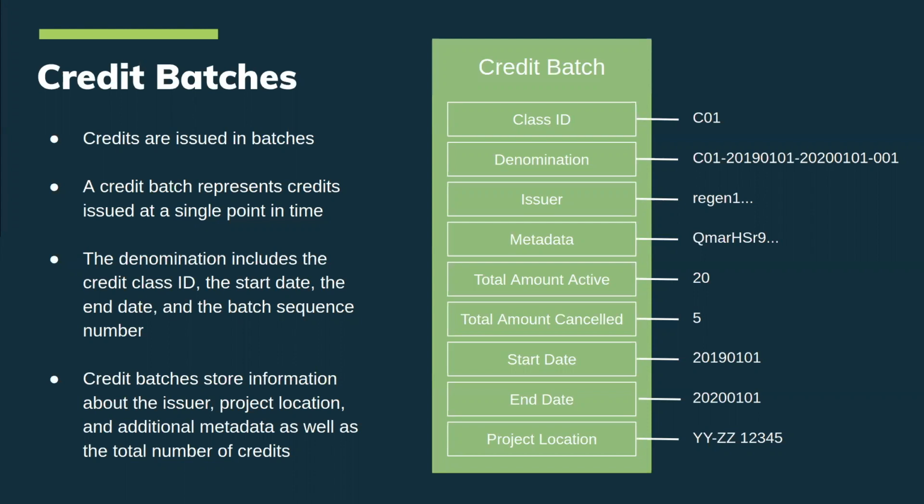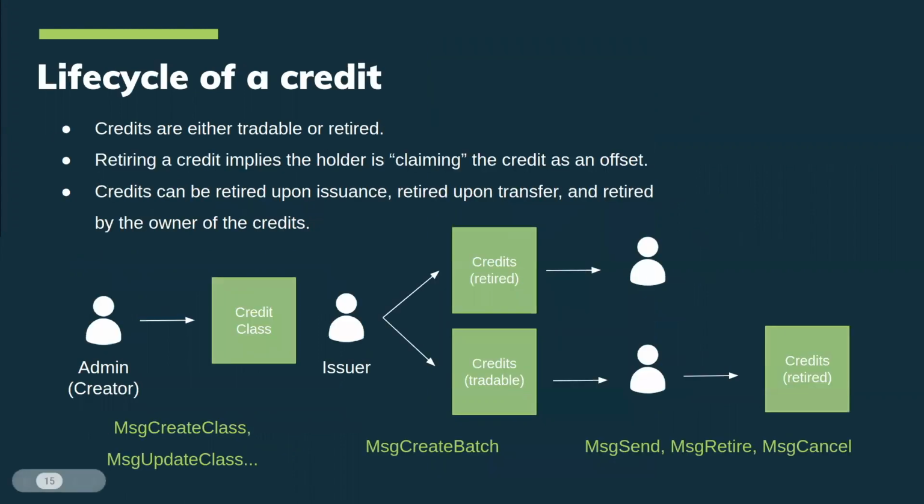So I'll just move on to the next one. Life cycle of a credit. Okay, so as Corey mentioned in the first part, there are these transactions that perform state transitions. Within these transactions, there are messages, and within the ecocredit module, the defined messages or functionality that is used to